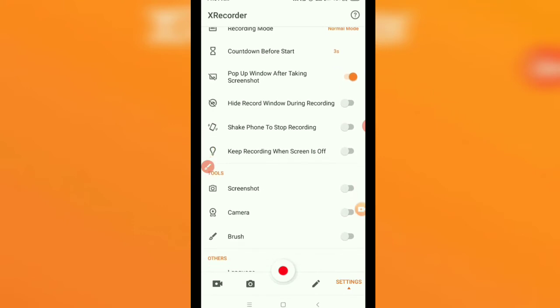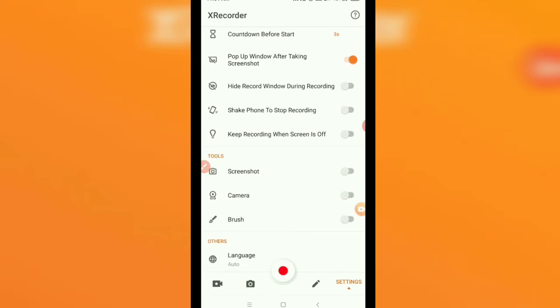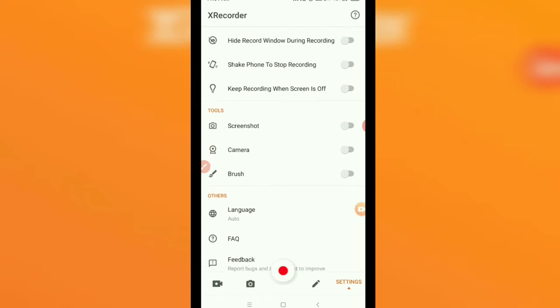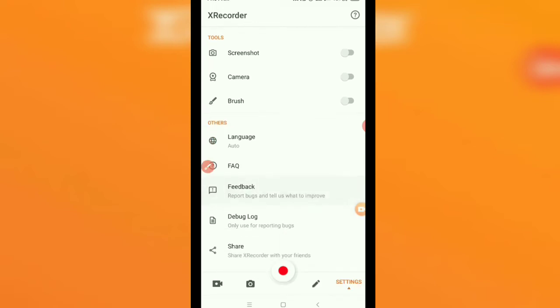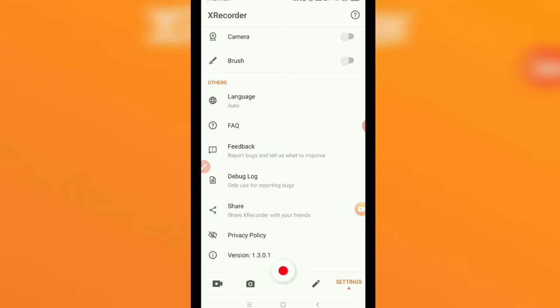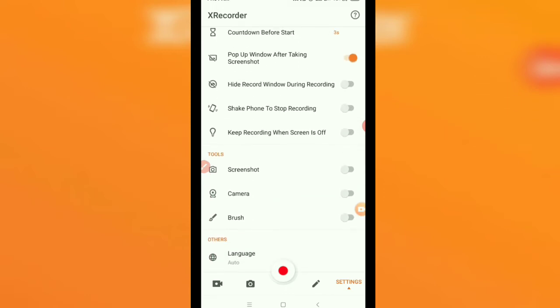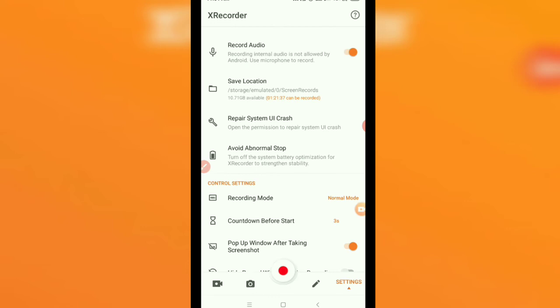Let us keep scrolling down. These are fine as they are. Don't touch any of these: hide recording, shake phone, keep recording when screen is off, all these things. You can see there are tools here again: screenshot, camera, and brush. These are the same tools I was telling you about. The brush tool is used for circling something or highlighting something. You can do that when you're taking online classes. As you move down, there are other settings we don't need to worry about. I will tell you in settings what exactly we should be worried about and what we should be